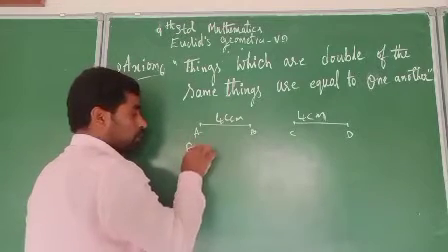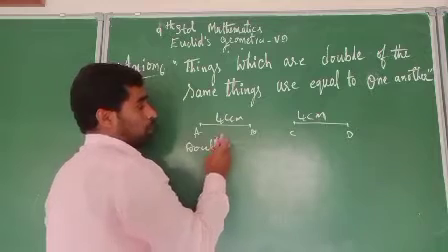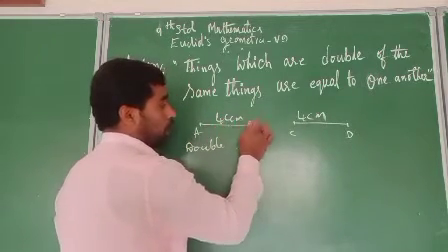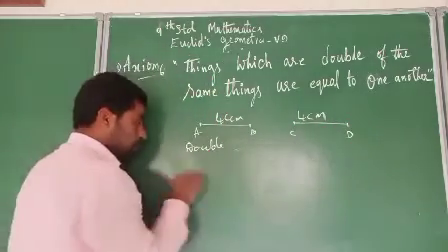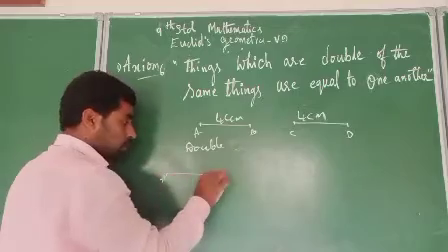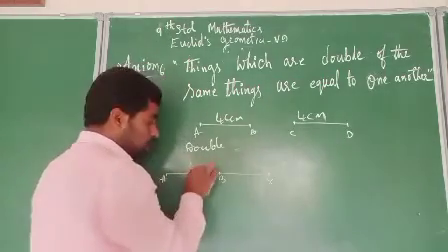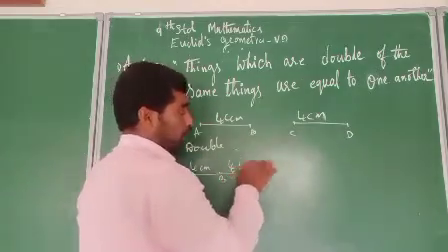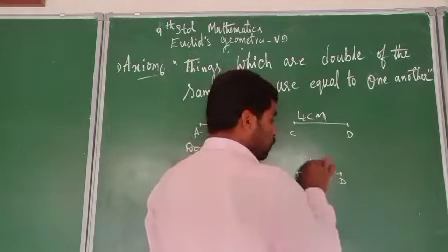Double the things. Doubling means we have to extend AB by 4. Again we have to extend CD by 4. Then what does it become? AB extended up to X, where AB is 4 centimeter and B to X is also 4 centimeter. Here CD is equal to 4 centimeter.